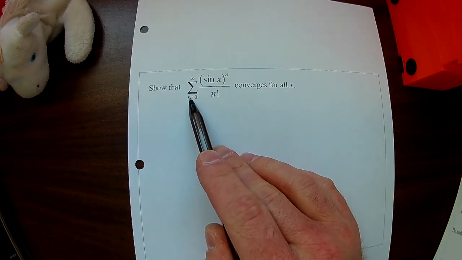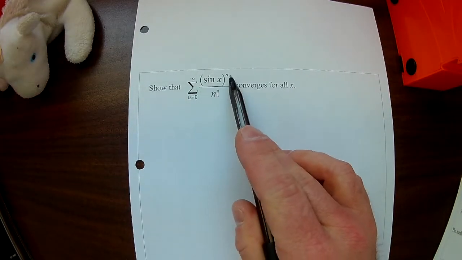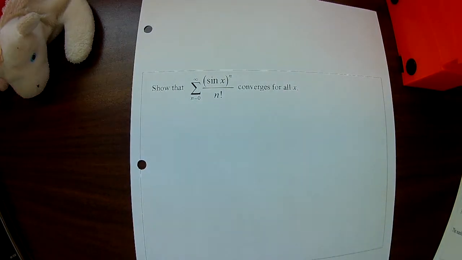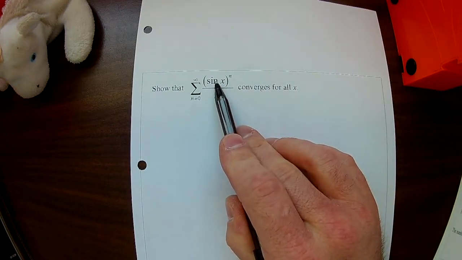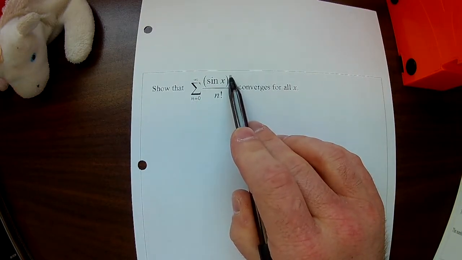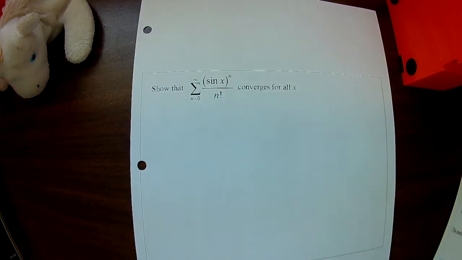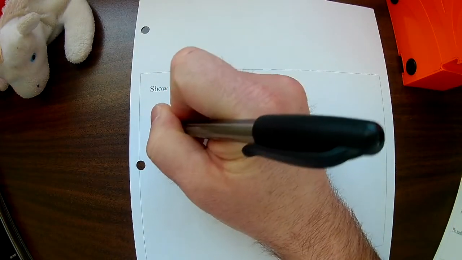So I see I've got the summation from n equals 0 to infinity of sine of x to the n over n factorial. I want to prove that it converges. First off, I'm telling you it converges, so it's going to converge. Next, I recognize that sine of x, well, sine oscillates between -1 and +1. So I don't know whether that's going to be positive or negative. Even further, this is bouncing back and forth between evens and odds, so it could keep its negativity, it could take away its negativity. I don't know what's happening here. But what I do know is